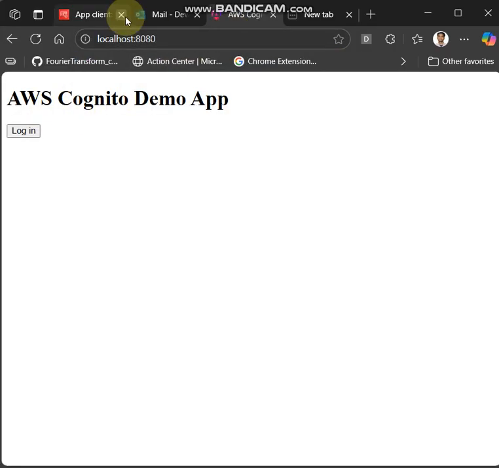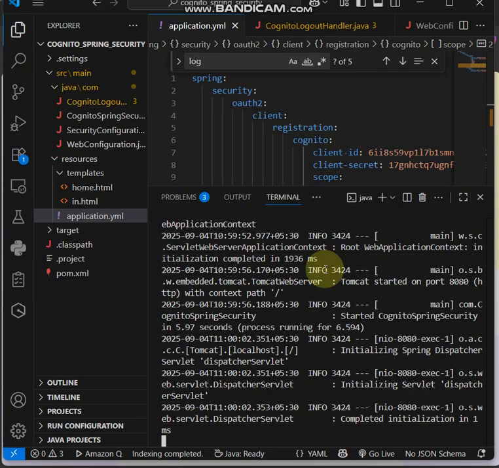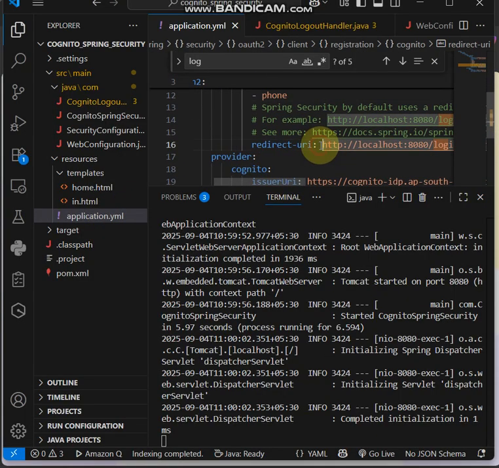So we saw a login screen was there. That will come after clicking this button. So you can click on this login. An error occurred. Okay, one more thing we need to change. Since we changed this URL here, redirect URI, we need to do the same change in